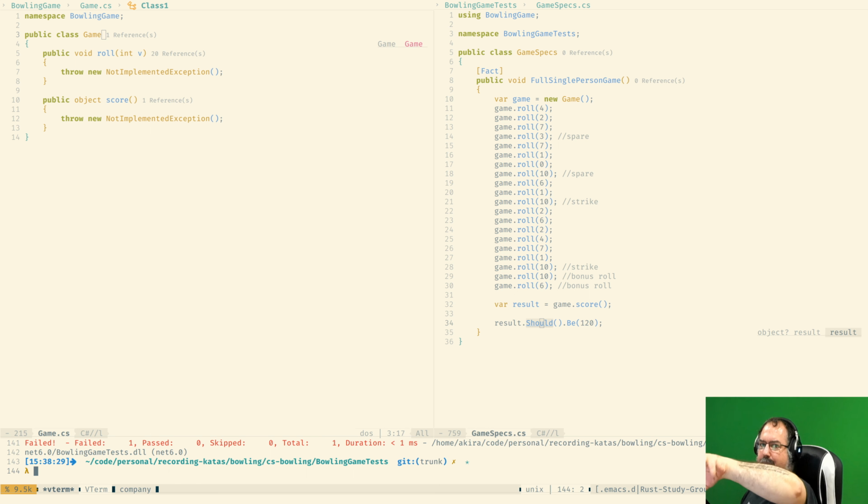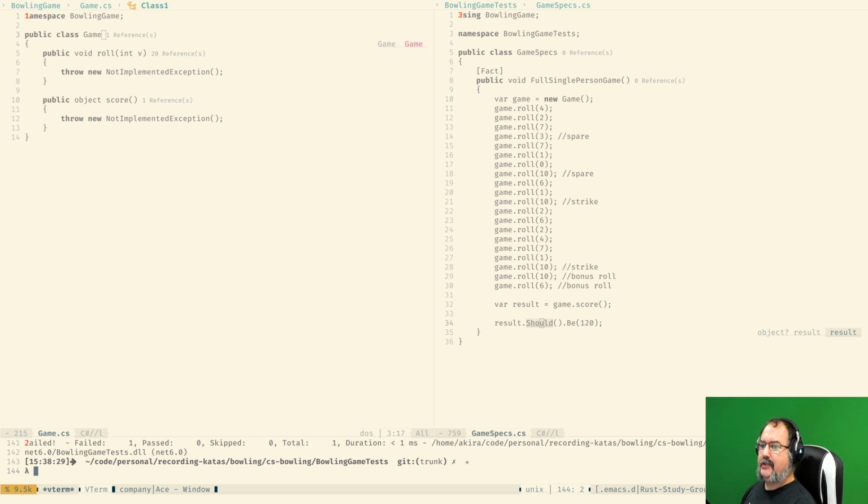Now we're going to start looking at different things as we have them over here, looking at how to test roll and score and such. But this is the test until we haven't implemented everything, all the spares, all the strikes, the bonus rolls. It will keep failing, which is annoying if you are not running tests all the time.